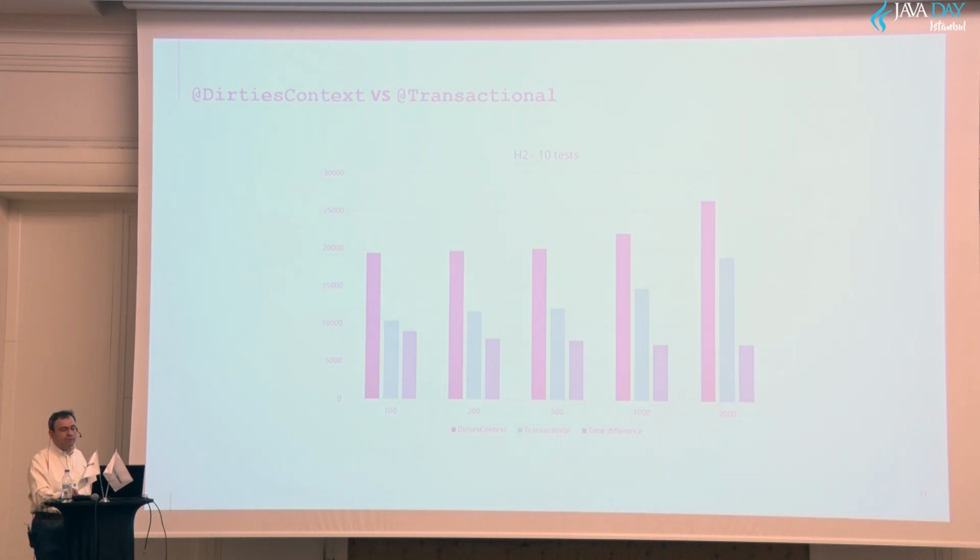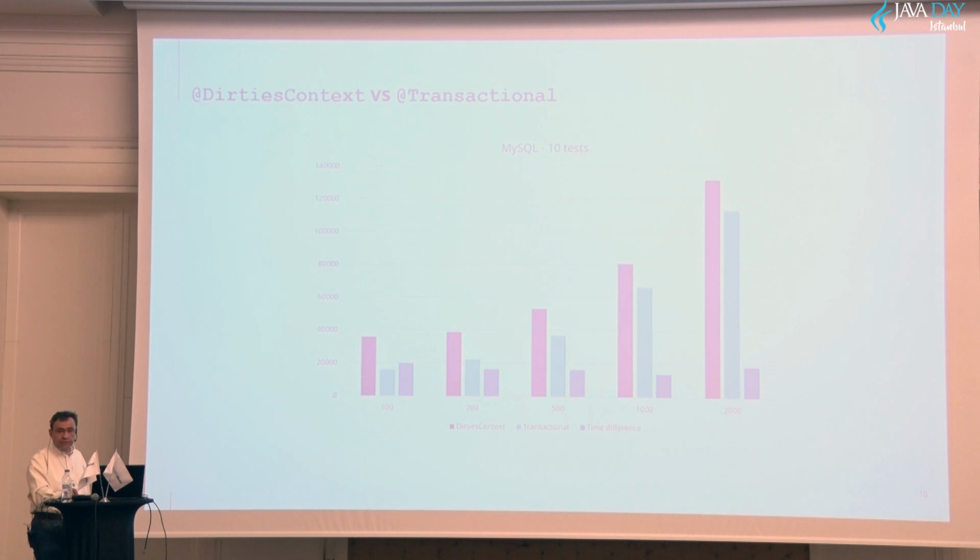We always have shorter times with transactional, because reinitializing the context, as the dirties context annotation forces us to do, is a costly operation. And one more thing to notice here, you see here the third bar